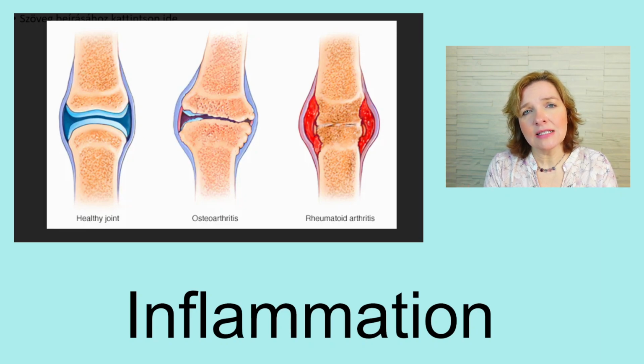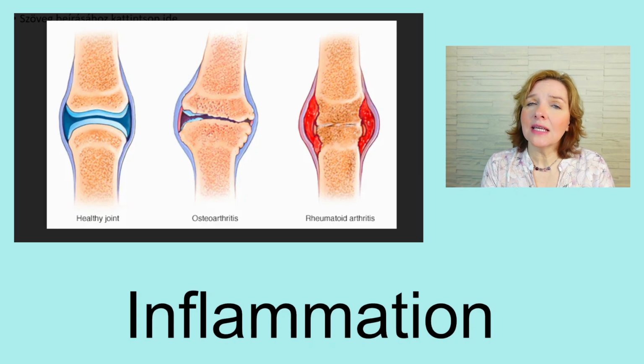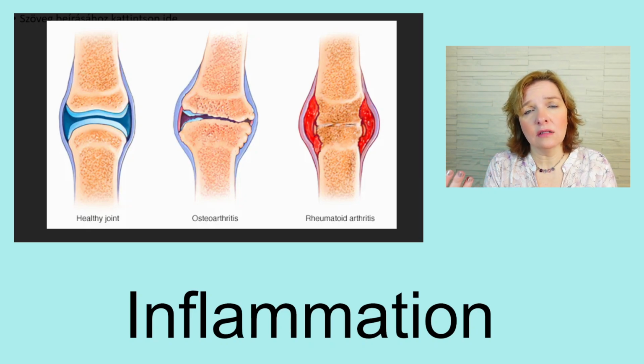In these cases, you have to look at chronic virus infections, you have to look at food intolerances, why the immune system is overreacting. This case must be treated by the doctor, but next to the doctor's treatment, we can help with local and